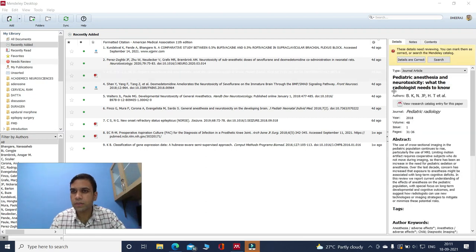Always check on the right side of Mendeley. You'll have a journal name here and author's names here. And the most important is this section. You have to check whether the journal name is correct or not. You have to check the year, volume, issue number and page numbers. So for any journal which Mendeley extracts from PubMed, you don't have to check; it will have the exact journal, year, volume, issue and page numbers. I'll show you what happens when you extract from some other sources.